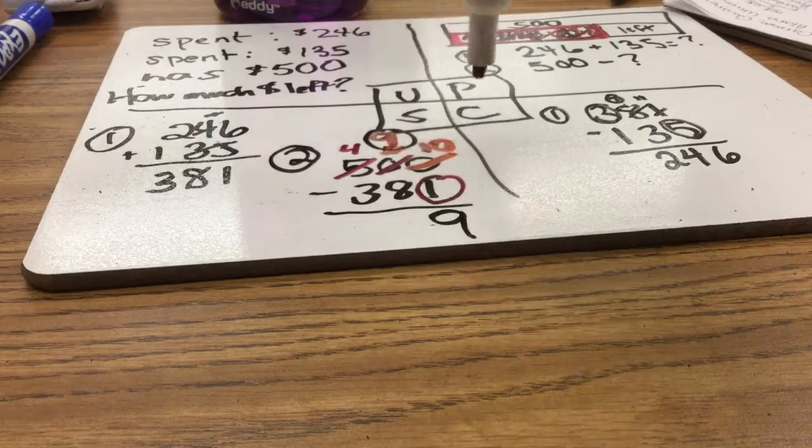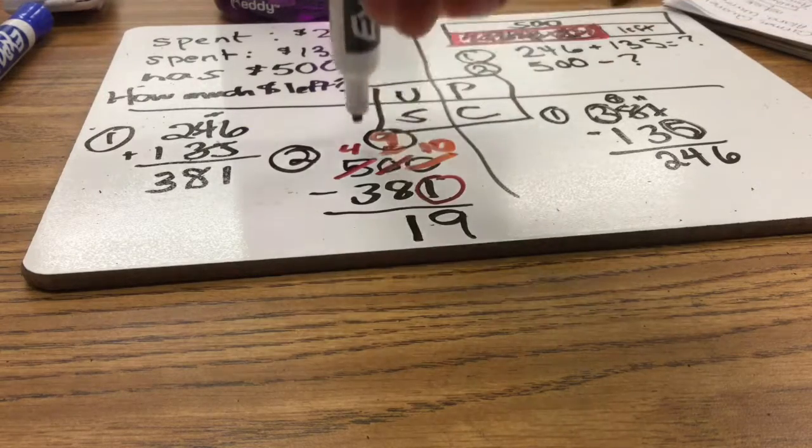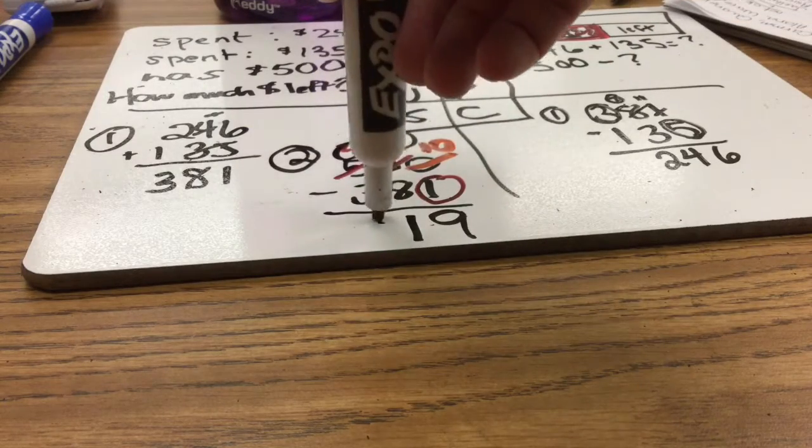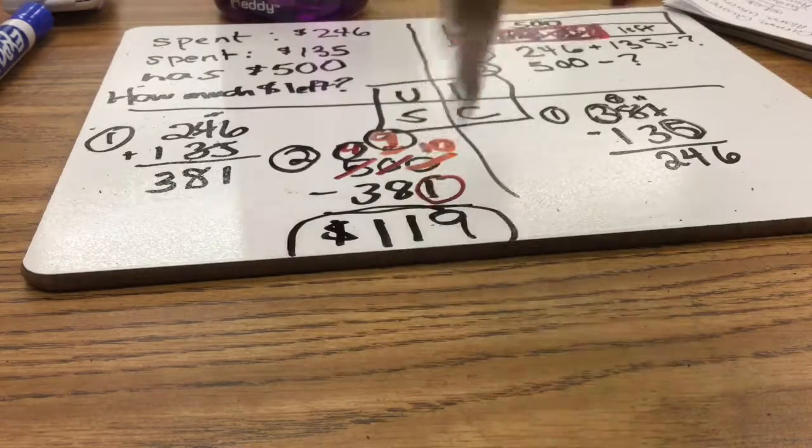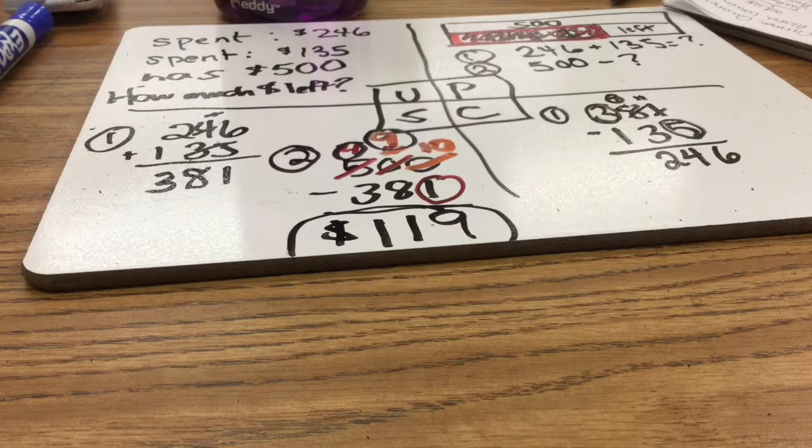Bigger number on top, no need to stop. 9 minus 8 is 1. Bigger number on top, no need to stop. 4 minus 3 is 1. So my final answer to my final step is $119. I'm going to